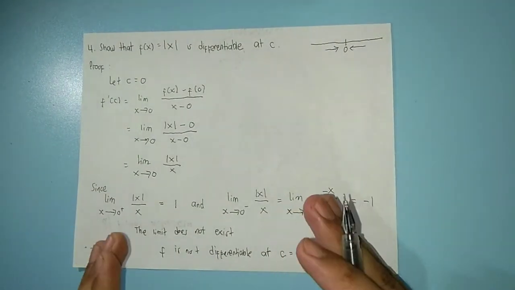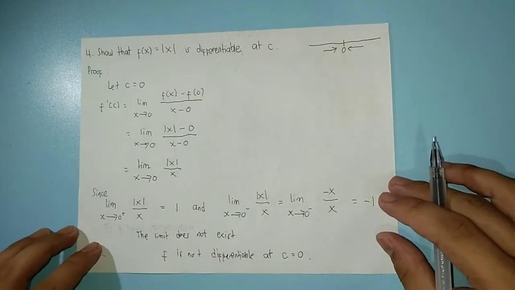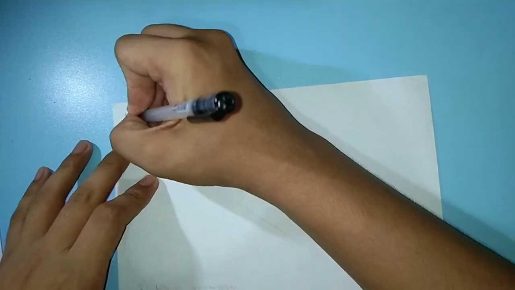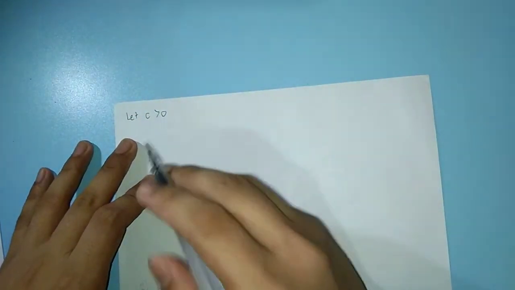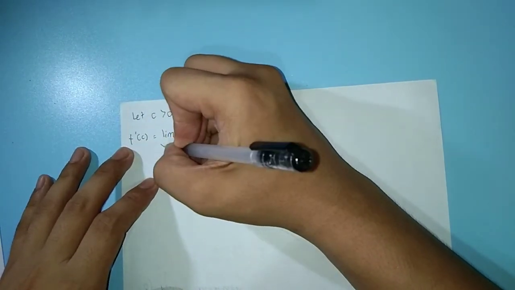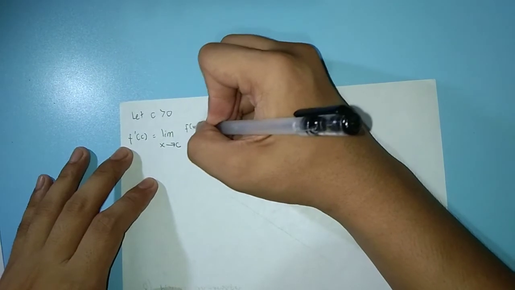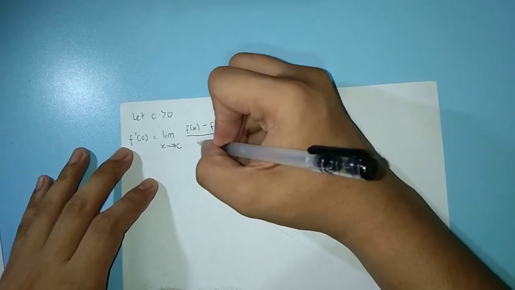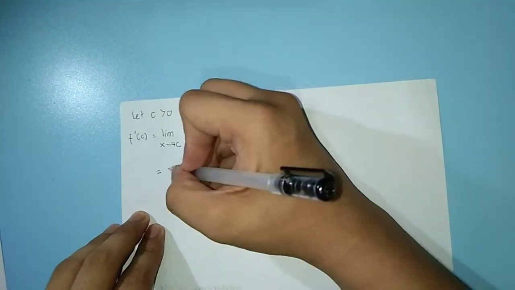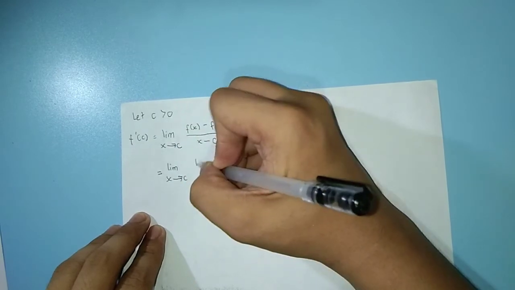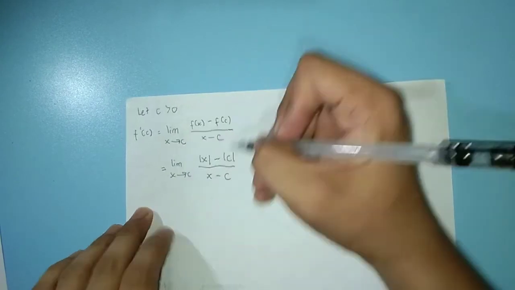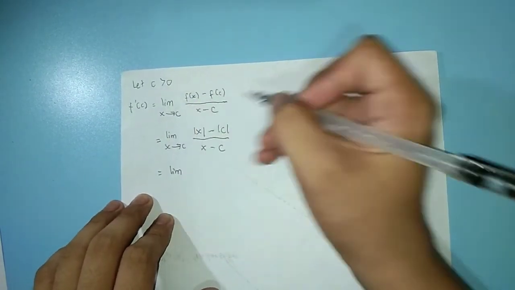Now, doon naman tayo mag-focus sa greater than 0 tsaka less than 0. Now, ilet natin na yung c greater than 0. So, ito muna tayo. So, yung f prime of c equals sa limit as x approaches c ng f of x minus f of c over x minus c. This is equal to, so yung f of x natin, that is absolute value of x minus, ito ay absolute value ng c over x minus c, and this is equal to limit,